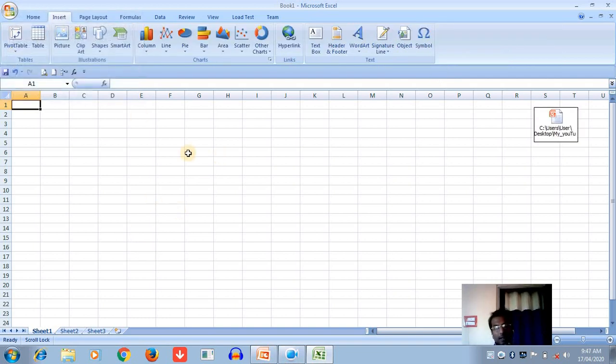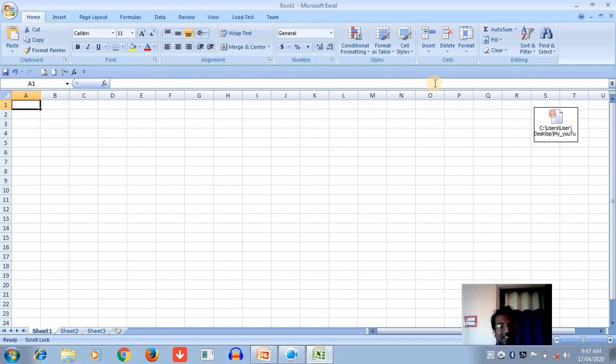Now students, I have already opened Excel software, and that is the interface of Excel. It is the interface of the Excel software. I am using Excel 2010. So let's see the first topic: performing calculation in Excel. Can you perform calculation easily using formulas in Excel?